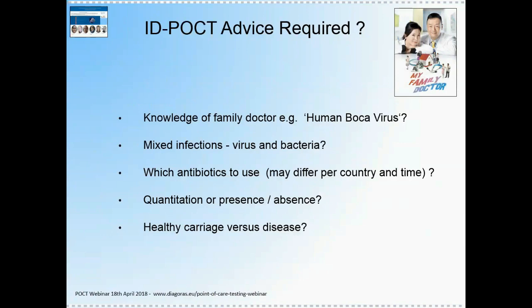And then, for example, if you have a rapid test that detects antibiotic resistances, for the developers, which resistances do you include in your test? Because resistances may vary per country and over time. For example, there is research showing that people go on holidays to certain destinations, they come back carrying, for example, CTX-M E. coli for a short time, maybe 6 months, but that could change the incidence of a particular antibiotic resistance within the community.